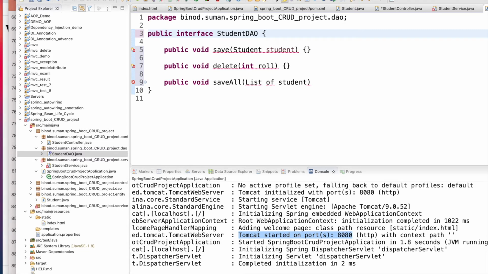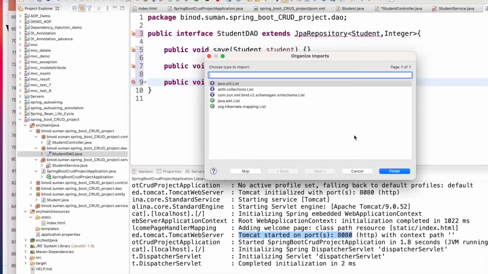Because both are interfaces, I'm going to use extend and use the JPA repository. I will tell you what this is. To the JPA repository, you tell what your entity is and what the ID is. We have chosen integer, right? And that's it.